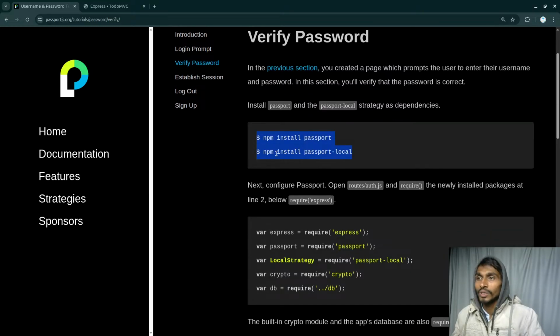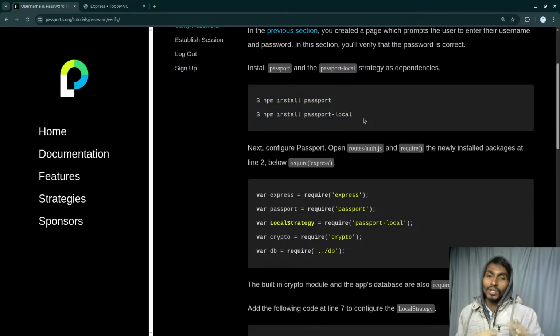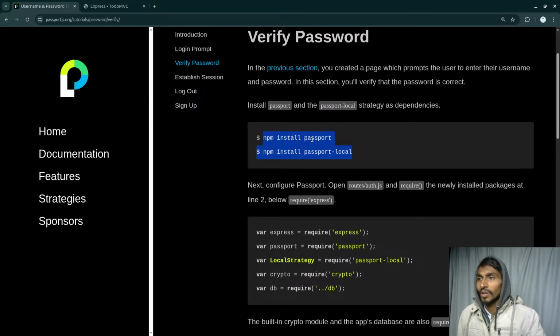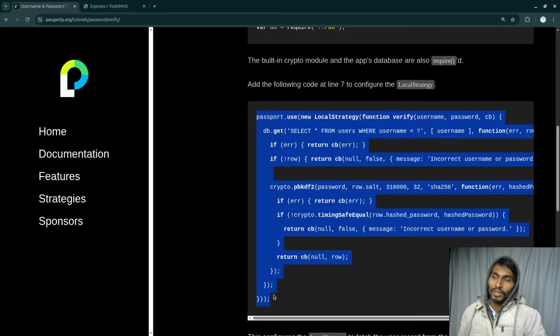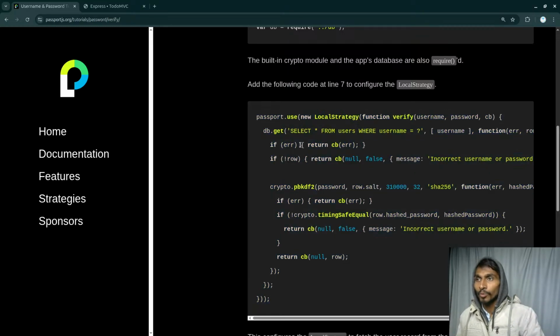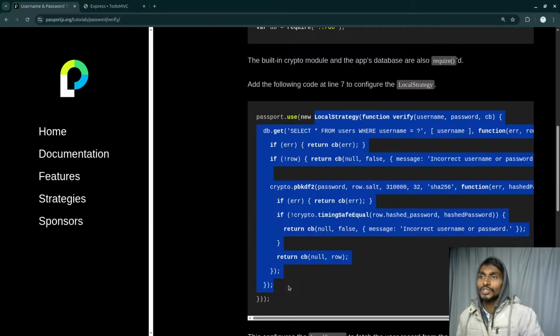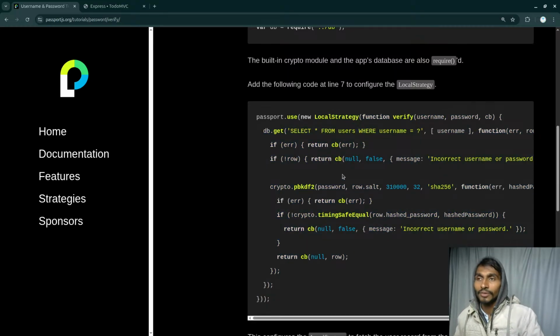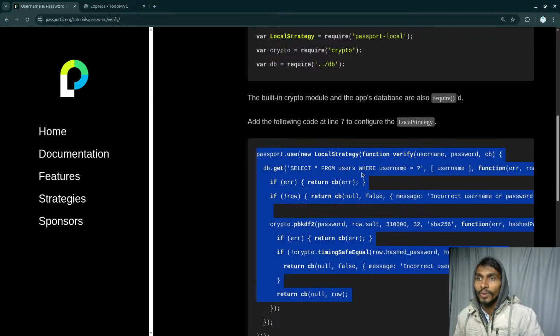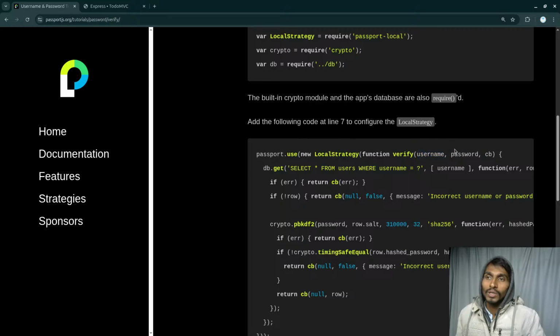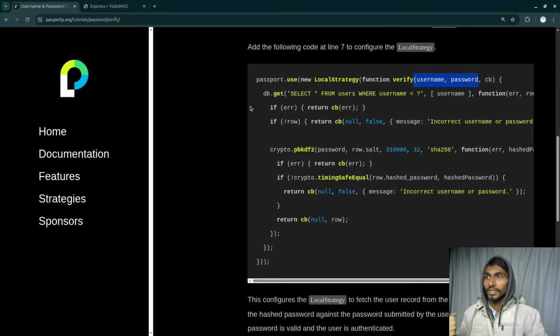So first of all, you need passport and passport-local. Once you have them, they will mainly be used for local authentication. And after that, you need to use this particular passport middleware first of all, and over here you are using local strategy. You can customize it the way you want, but ultimately whenever you try to sign in, log in, at that time this will be called automatically, and your username and password will be sent to this particular strategy automatically, and on the basis of that you have to get the stuff done.